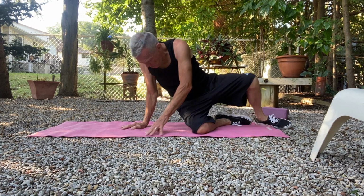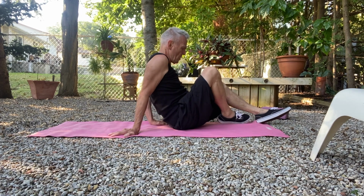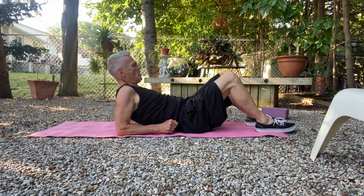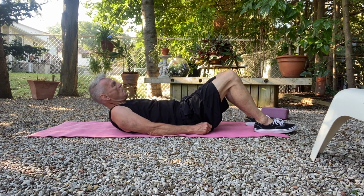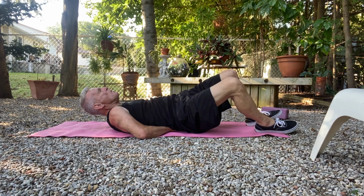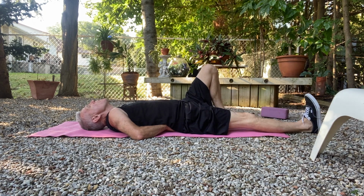To do the pancake, you start again in the table position. Scoot yourself around so you're sitting on your buttocks with your legs bent. Lower yourself, forearms, low back, and then your head touches the ground. But now we need to put our hands underneath our low back on both sides to maintain the natural curve in your lumbar spine. You're going to straighten one leg,